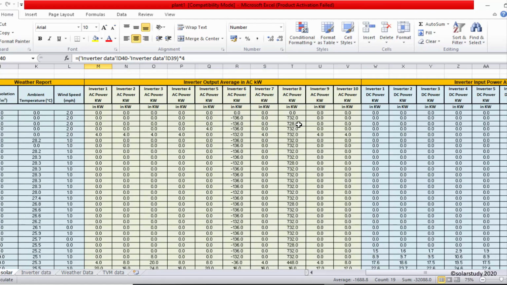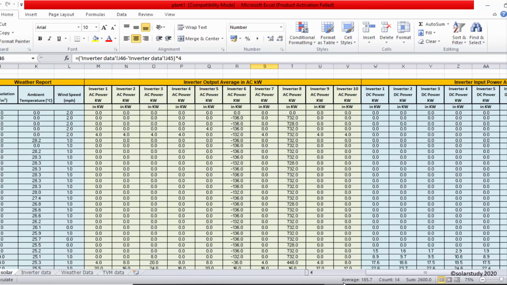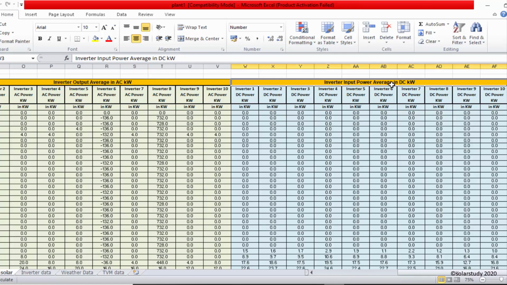So this is the inverter. Here we can see 200 kilowatt, 300, like that I will get. Then this is the average output. Then average input, which is coming to the inverter, that is the input power in DC, because whatever power is coming to the inverter is in DC form, and the inverter is converting from DC to AC.